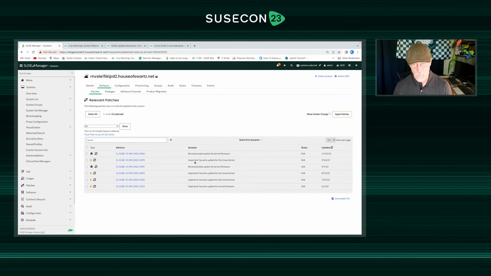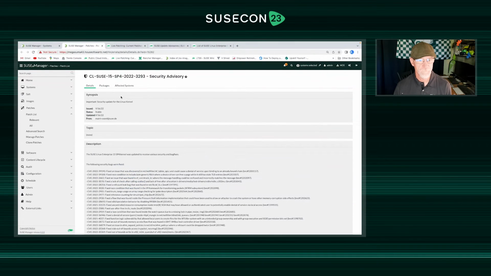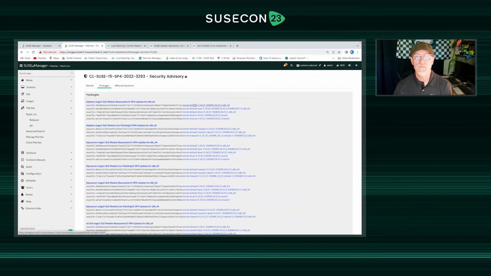All these, and when I install these kernels, this kernel right here, any of these, it's going to pull in. Zypper will apply the most, and it would actually be this one based on this date, the most up-to-date kernel available that I've allowed in my system. Okay, and if I look at this advisory here, I can actually see that there's my kernel